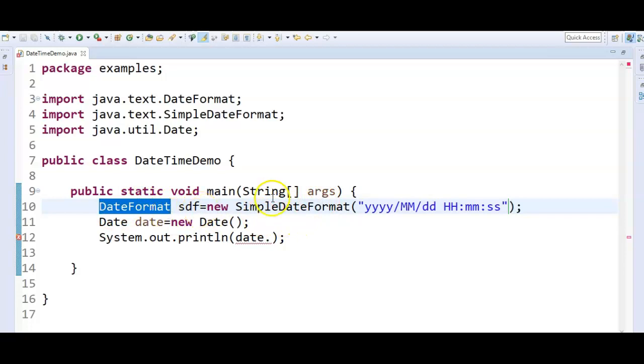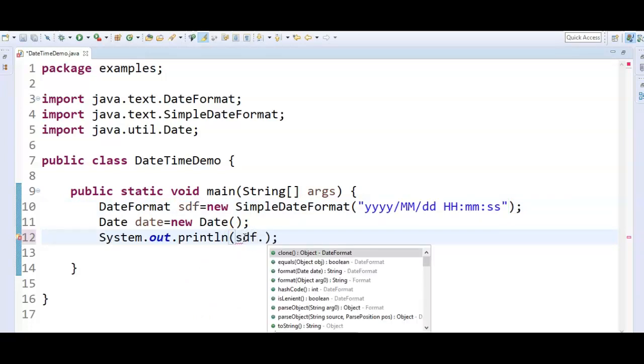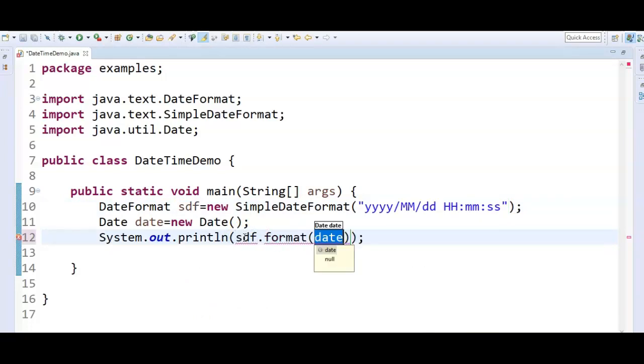So DateFormat sdf equal to new SimpleDateFormat of, here we need to give what date and time format we want to create a date object. So here we'll say sdf.format, and to this formatter's format method, we need to pass the date. So I'll pass the date.